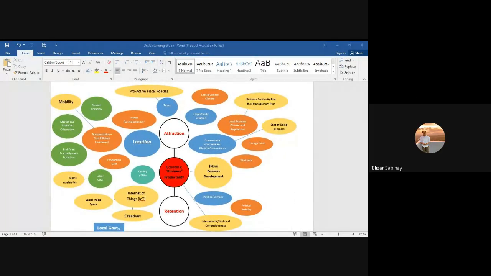So the blue, orange, and green are the ones cited by the article by Blair and Carol. The ones in yellow are the things that I see, because this was written in 2009, and how business works and even how the government works really evolved. Before, we called it climate change, now we call it resiliency. Before we called it disaster, now we call it resiliency. Before we called it government incentives or infrastructure, now we call it basic development infrastructure or ease of doing business.